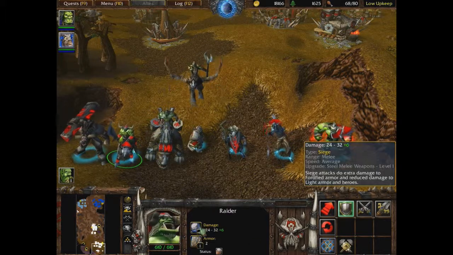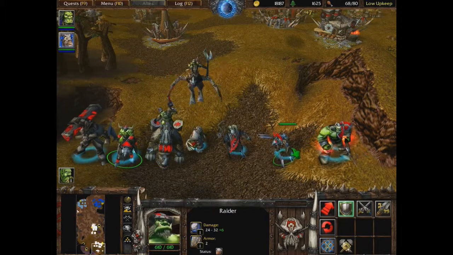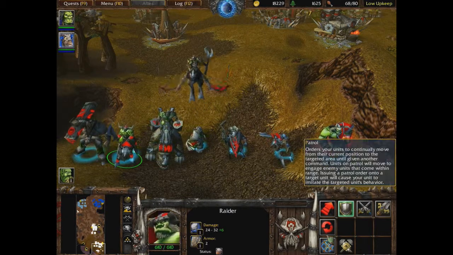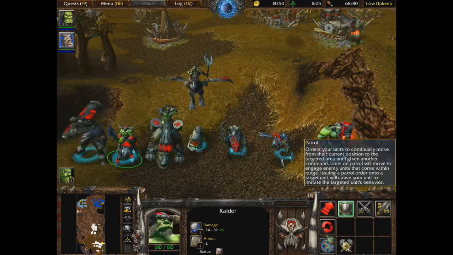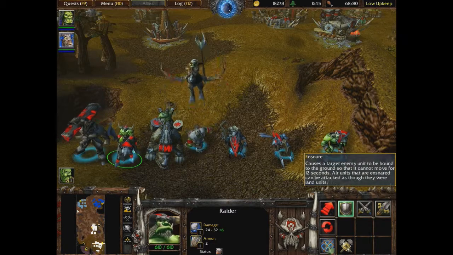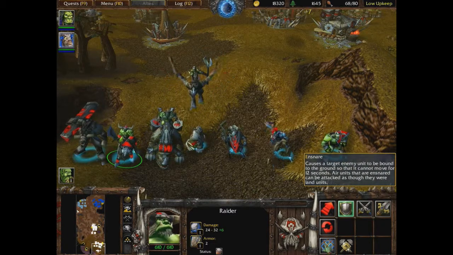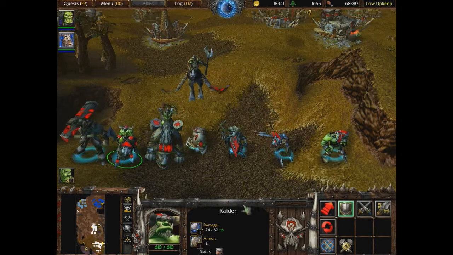Raiders. This is the reason why I don't find these headhunters all that useful. It's because these guys have an ensnare ability that's kind of like the web ability for the undead. But unlike web, this one can't be set to autocast, so they're not going to automatically do it. You have to do it manually. Still, it's pretty useful